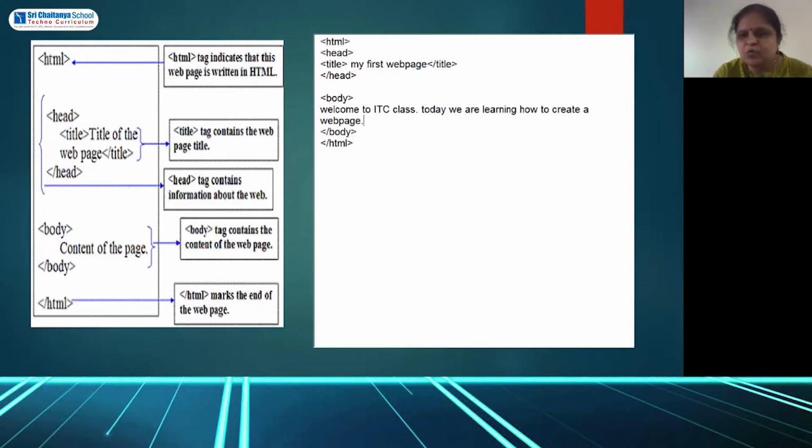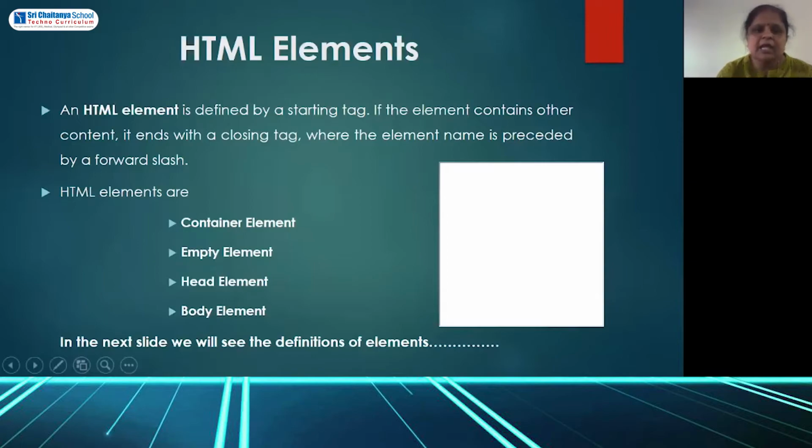Now let us move forward. Each HTML page has some elements or tags. These are the tags, right? An HTML element is defined by the starting tag. If the element contains other content, as you might have observed in the previous example, within the title I have written my first page.